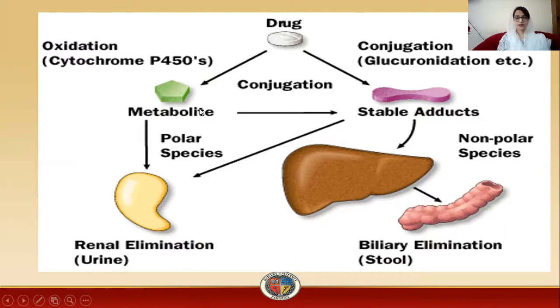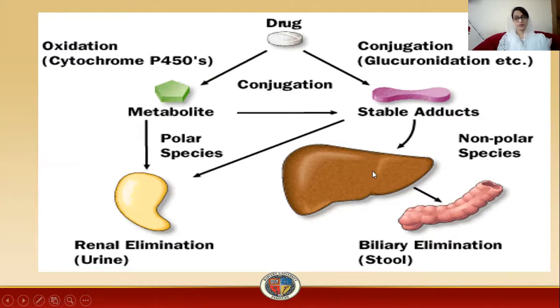But there are some cases in which the drug metabolite gets conjugated with a conjugating moiety, for example, glucuronidation, and a glucuronide conjugate is formed, which is a stable adduct, which is then eliminated through the renal elimination route. Or you can say that if the drug is metabolized in the liver, then